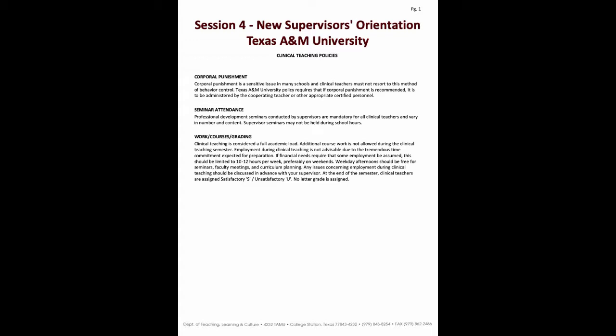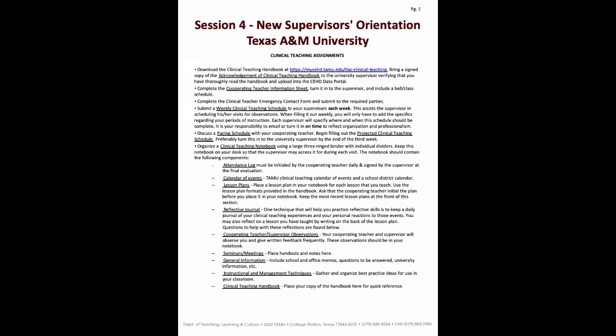On your hard copy, look at the last section entitled Work, Courses, and Grading. Tell your students that clinical teaching is a full-time job, but we are aware that some of them must work, and work must be limited, though, to 10 to 12 hours per week and preferably be on weekends. Weekday afternoons should be free for seminars, faculty meetings, and curriculum planning. Tell them that at the end of the semester there is no letter grade assigned. Clinical teachers are assigned S for satisfactory or U for unsatisfactory. Advancing to the next slide,